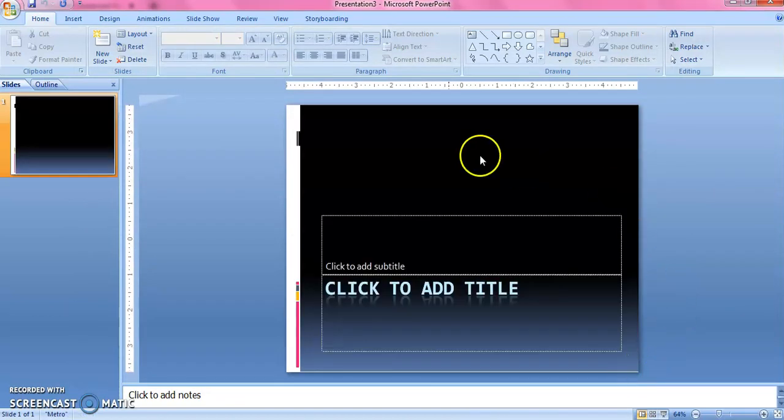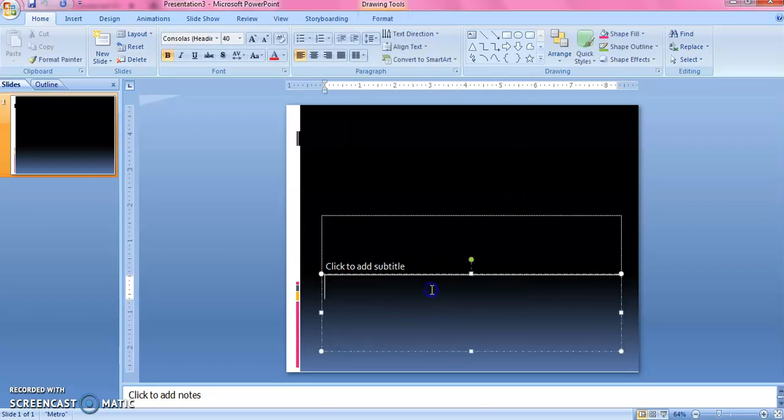So you can see a slide appears with the chosen design, with the chosen font style and font color. If I click here and write anything, I can write anything that will appear with the chosen font style, font color.